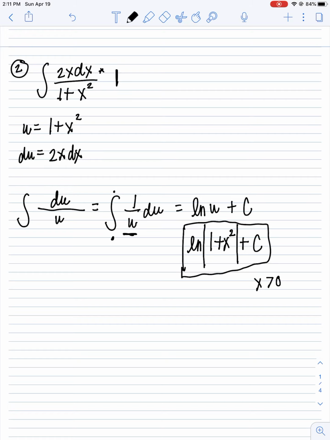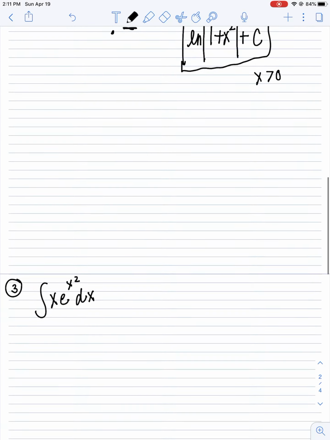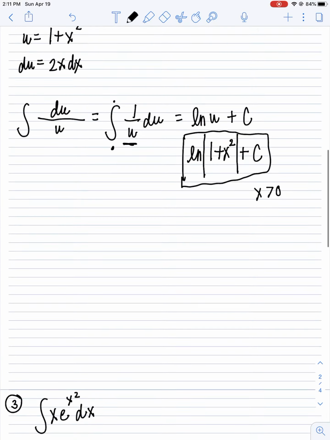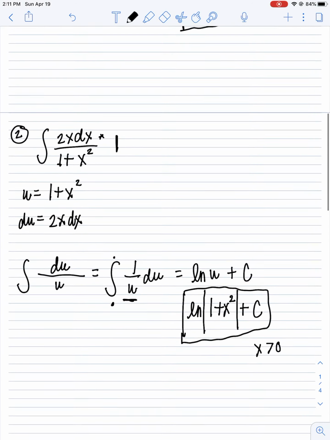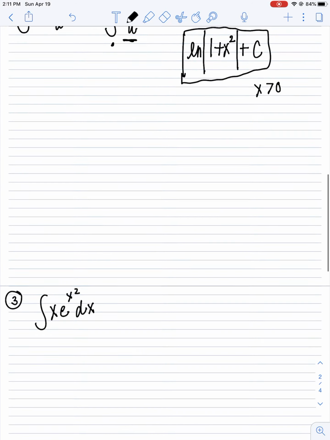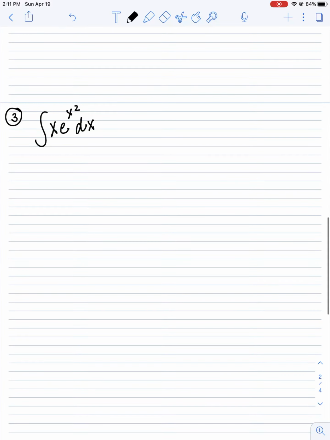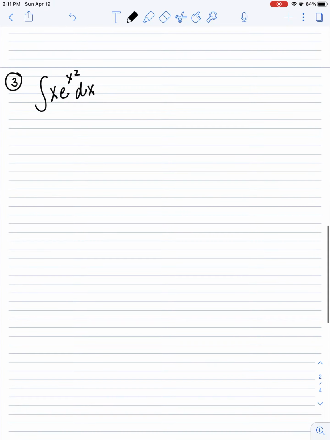Okay? And then if I take a look at the last problem, number 3, and if you take a look, I try to give you problems like pretty simple polynomial. This one had a natural log in it. This one has an e in it. So I'm trying to give you examples that kind of build. So when you take a look at this one,